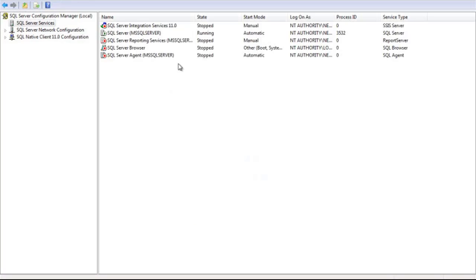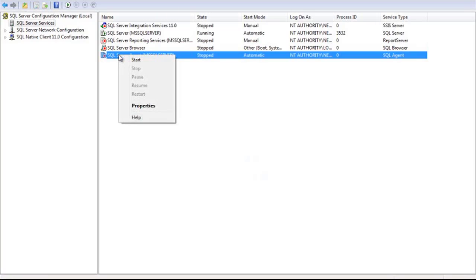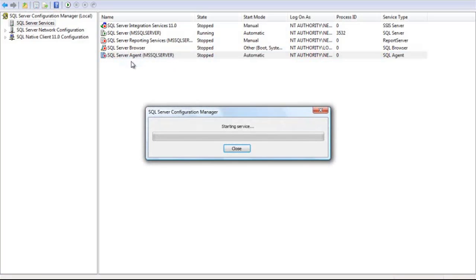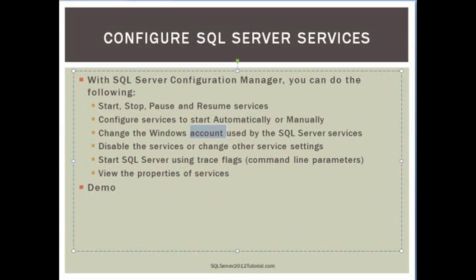Now this time when your machine starts and when the server starts, this should run automatically. Okay, in our case we are going to right click and select start. So those are the services. And then we'll come back to some of these others in a minute, but let's go back